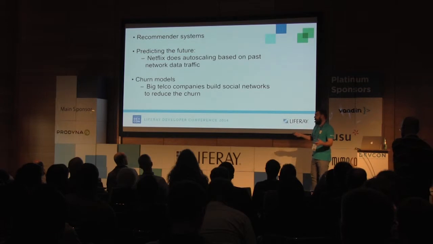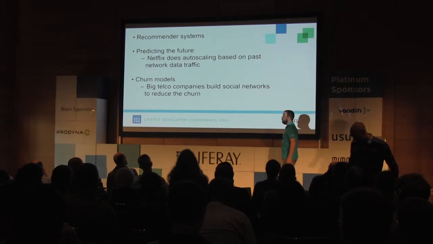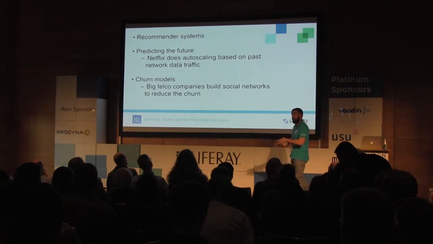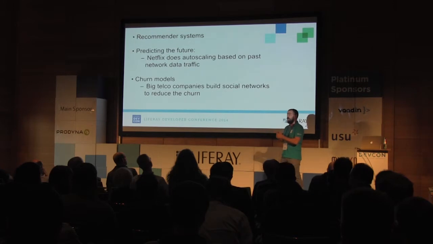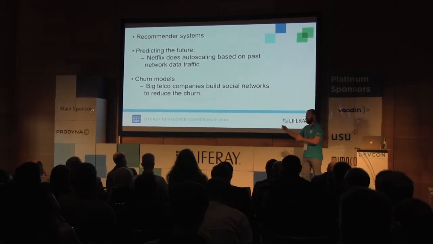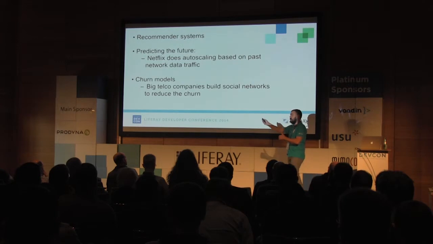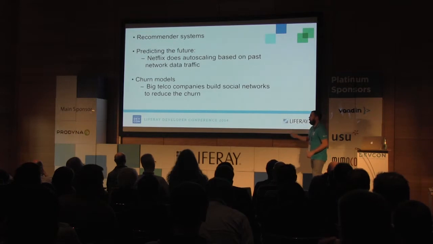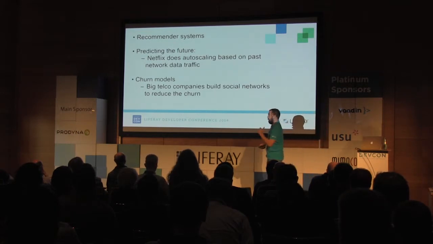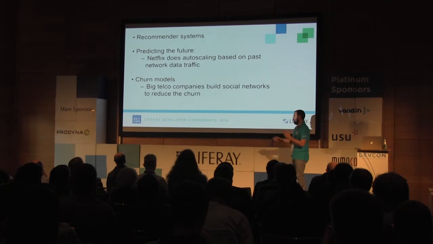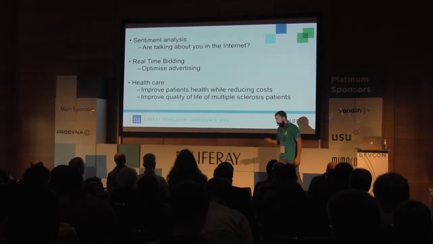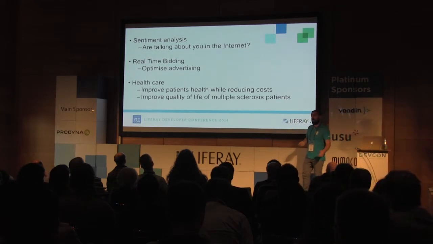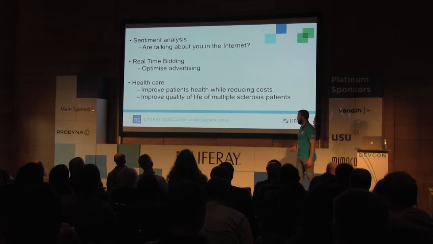Netflix, for example, uses big data and machine learning to predict the future. They monitor all the traffic within their servers, and they build analytic models, and they predict the scaling of the servers. So they predict that in 2 hours we will have a peak. Before the peak, they spawn a bunch of servers, a bunch of clusters. Other companies are doing churn models, preventing their clients from moving to another company because of some weird things. Sentiment analysis is very popular too: how are people talking about some topic on the internet, or about me? They are talking about me.